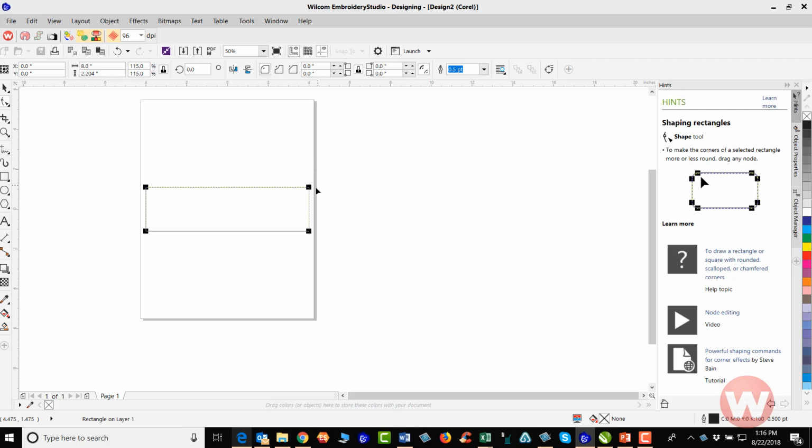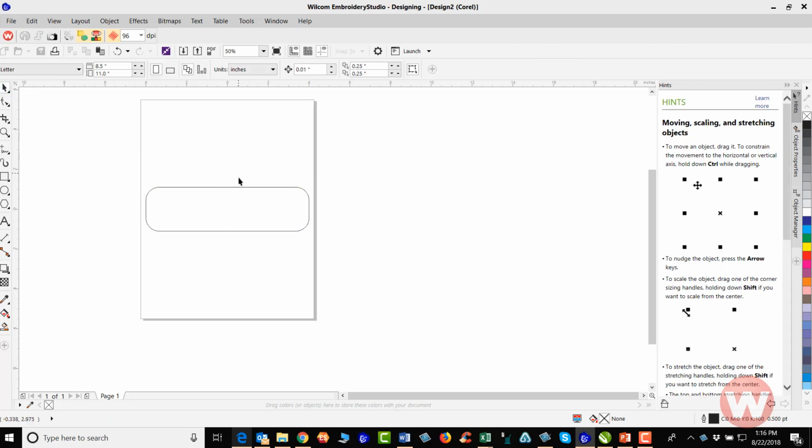All I'm going to do is press my shift key down. I'm going to click on the node point here with my left mouse button. I'm going to drag it down like this, and that's going to allow me to curve all of the corners at once, okay, with my shift key held down. Okay, I'm going to release my mouse button and my shift key here,